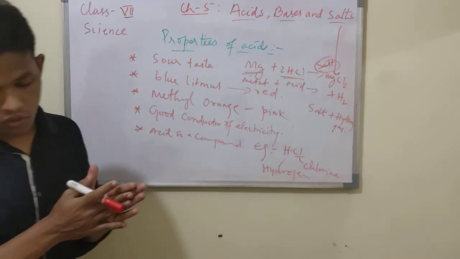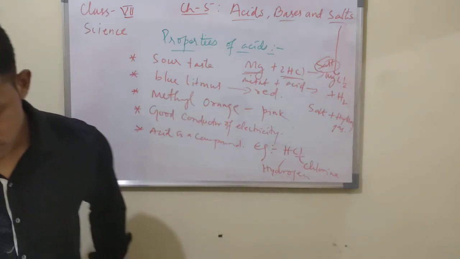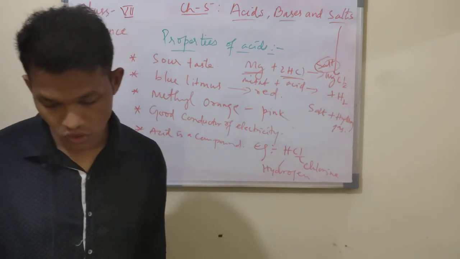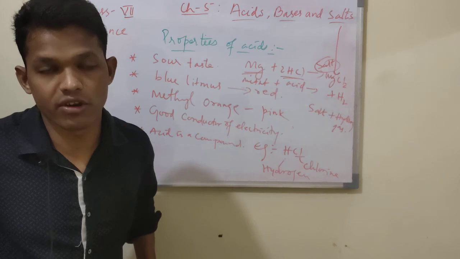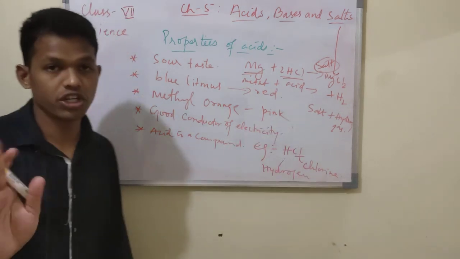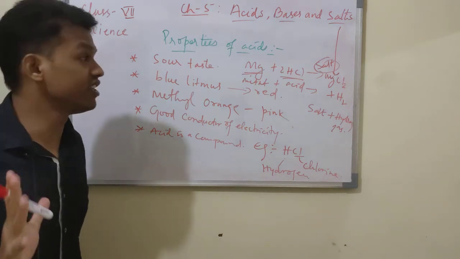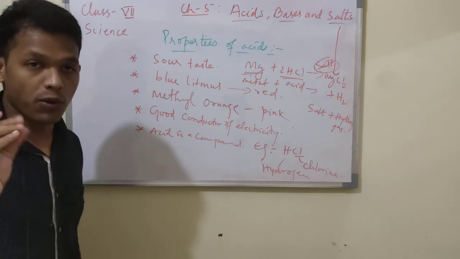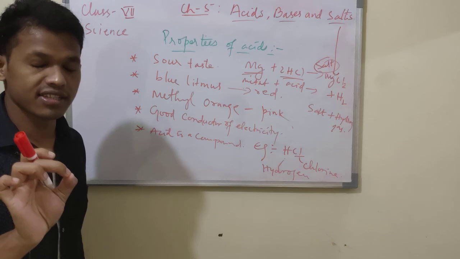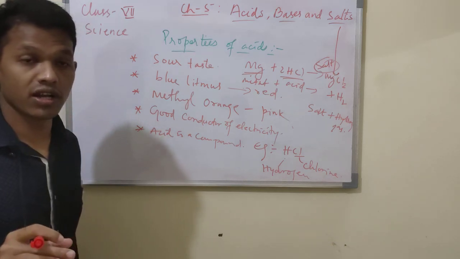Got it now? Acids also react with carbonates. Dilute acid reacts with a carbonate such as Na2CO3 to form a salt and carbon dioxide gas. No need to worry about this reaction. You just need the idea of acid: what is acid, how it is formed, what is strong acid, what is concentrated acid, what is dilute acid, what is mineral acid, what is organic acid.